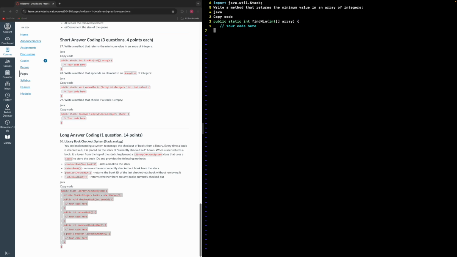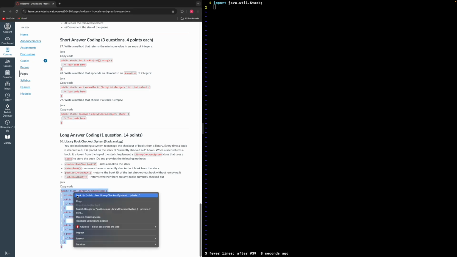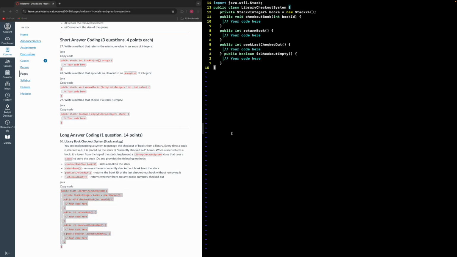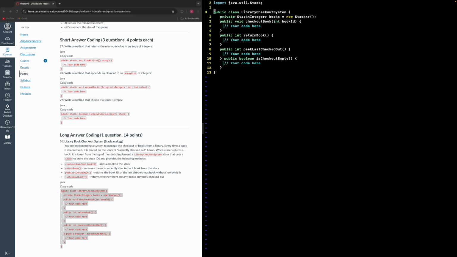Oops, what did I just copy? What is happening? Is this copying properly? Yeah, nice. Okay, so private stack, so they created a new stack. Public void. I'm confused. Are they using the built-in stack, or am I supposed to build the stack? The method? I'm confused, but